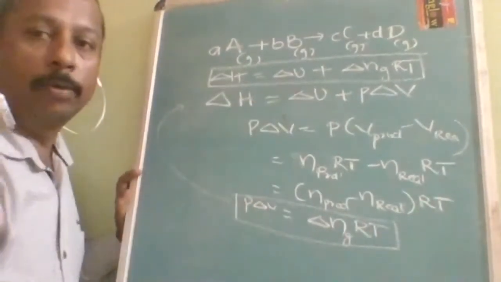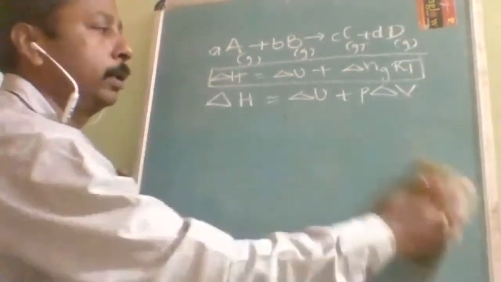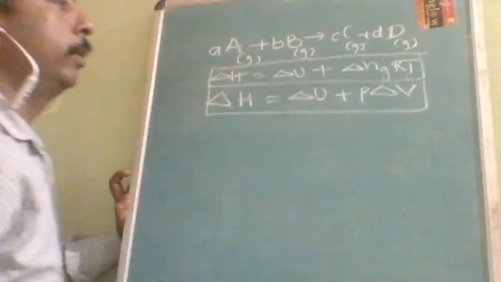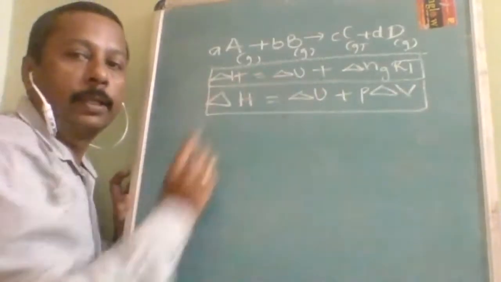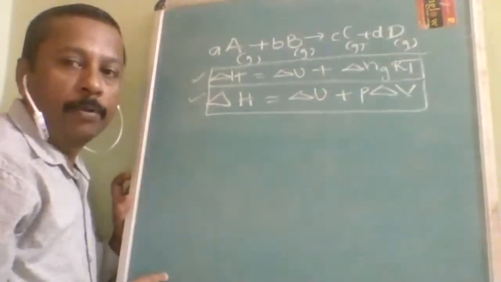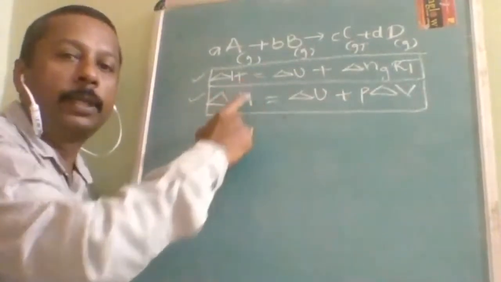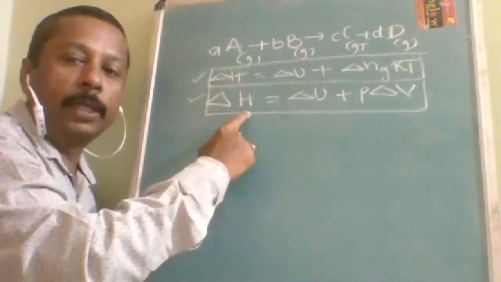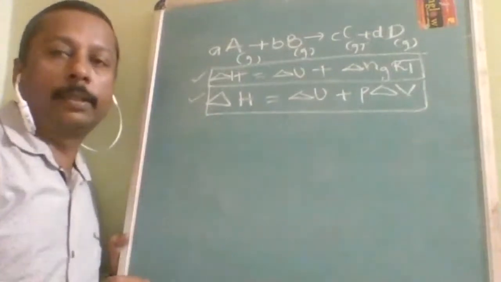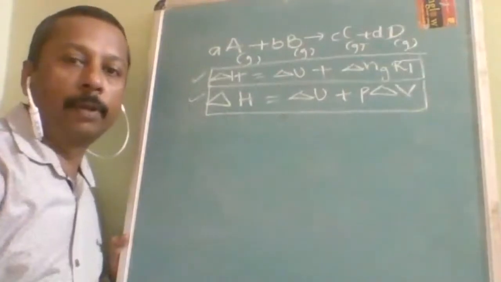Earlier this was applicable only for physical processes, where there is no reactant and no product. That time we will use that one. If you are using it for a reaction, we will use this one. Both represent the same thing, depending on the question. If the question consists of reactant and product, then we will use this one. If the question consists of volume change, we will use the other one. Both equations are required. Depending on the question, we will select only one formula out of them.